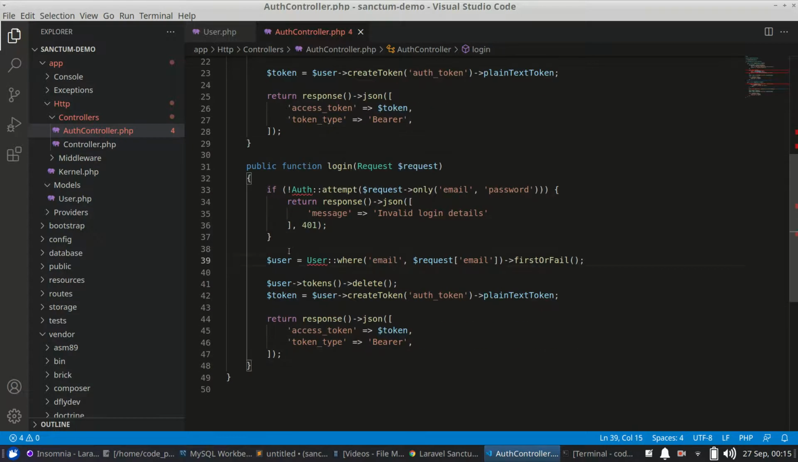Also in the login, we just validate the input data. We are taking the email and password, two fields. Using the auth facade here and its attempt method to log in, and if the login credential is valid,